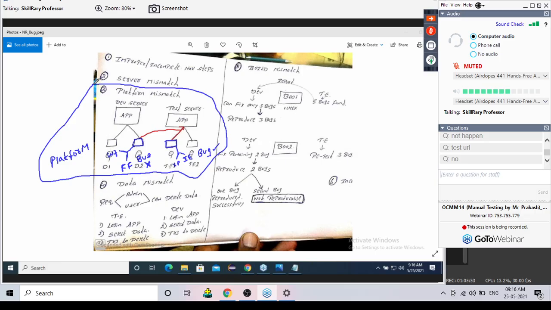Now again, my question is the same. Whose mistake? And why? Whose mistake and why? Everyone is saying test engineer. That's all. Simplest answer. Boss, see, developers don't know what